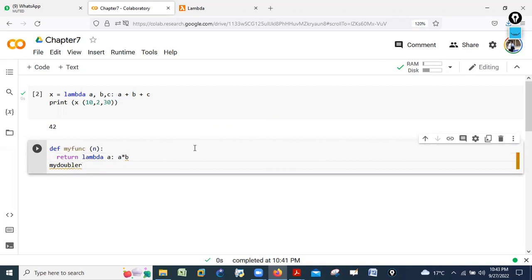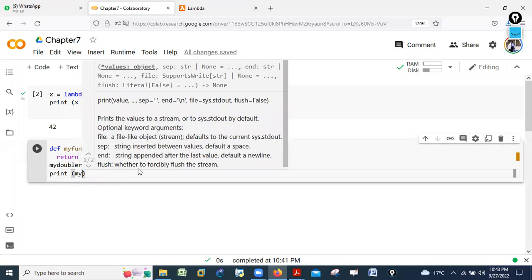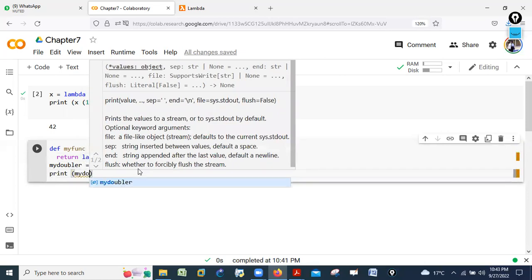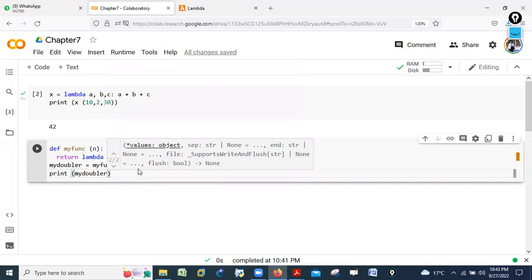So here I say my doubler is equal to my function, which I have defined over here, and I pass 2. Then I say print my doubler 11, or I will say 22, right?